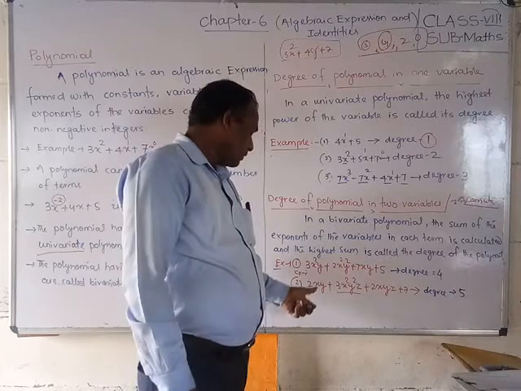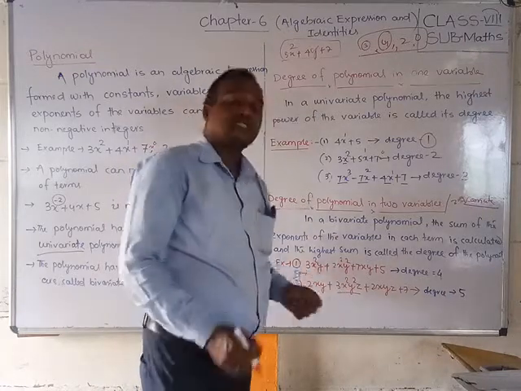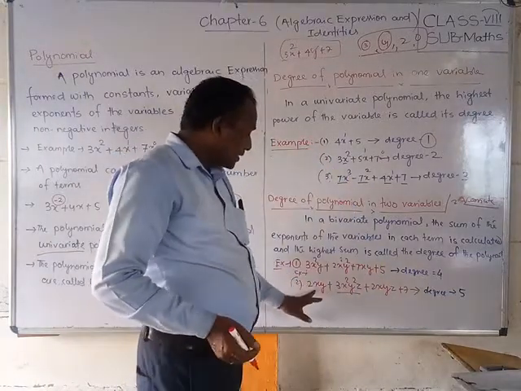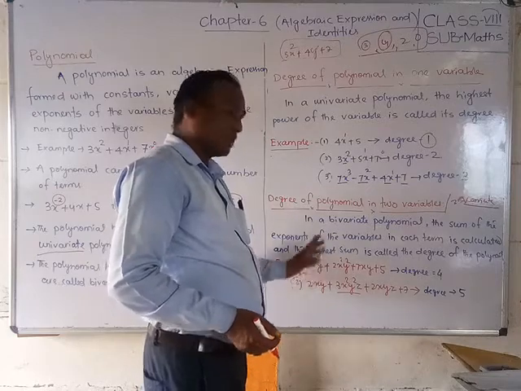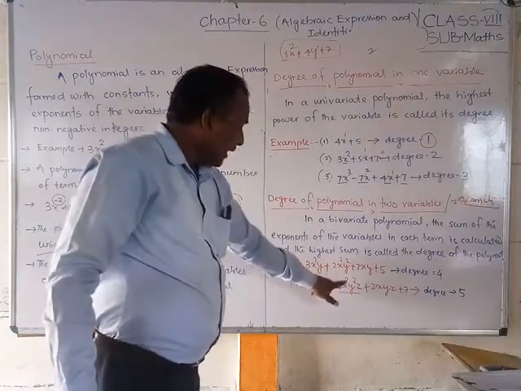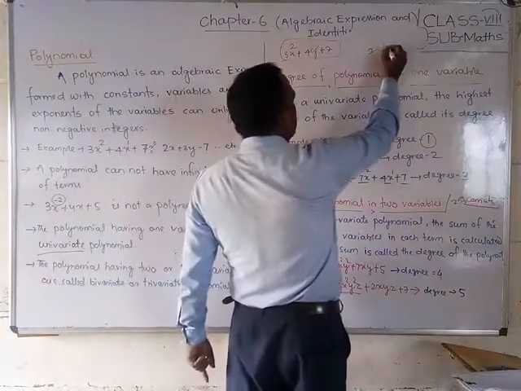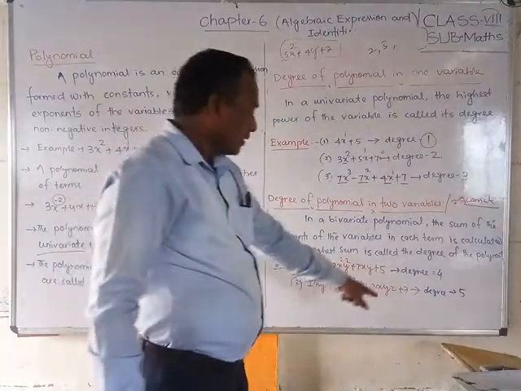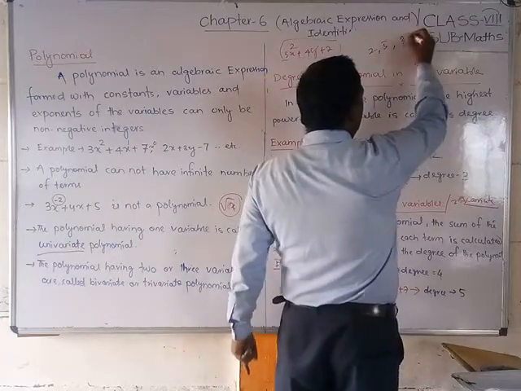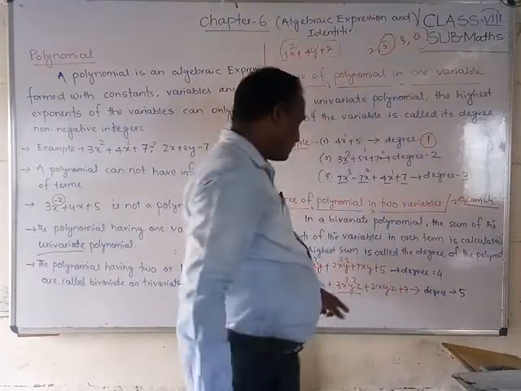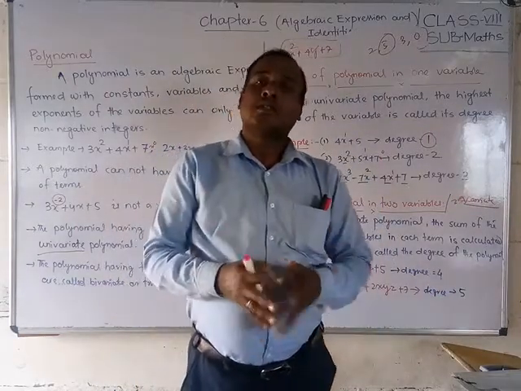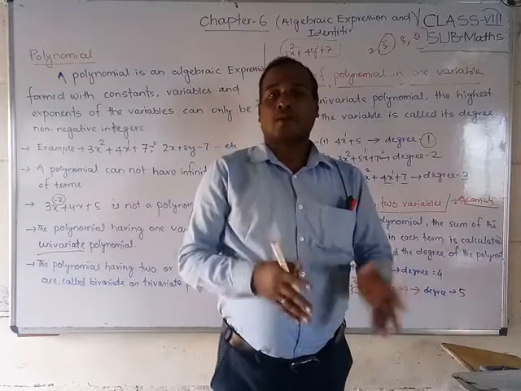You can understand, friends, whenever we see each term with variables, you should add the powers. Here x, y, that means the power is 1 plus 1, 2. Second one, how much? 2 plus 2 plus 1, that means 5. The second term has power 5. Third term, 1 plus 1 plus 1, 3. 7 is a constant term, so 0. So what is the highest power? 5. So the degree is 5. I hope you have understood about the degree of polynomials.